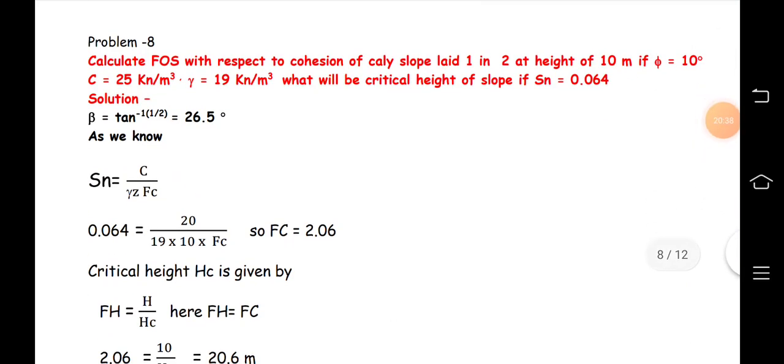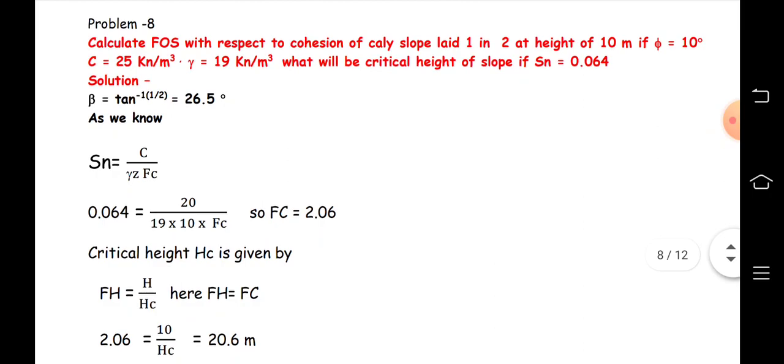Then next is problem number 8. Calculate the factor of safety with respect to cohesion of clay soil. Okay, this is a spelling mistake. The slope is laid 1 in 2 at a height of 10 meter, if phi equal to 10 degree, c equal to 25 kilonewton per meter cube, gamma equal to 19 kilonewton per meter cube. What will be the critical height of the slope if Sn, that is the Taylor stability number, is